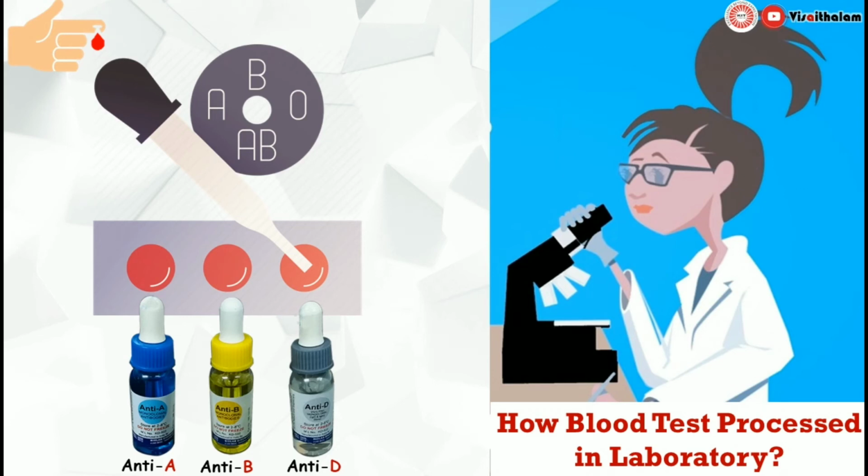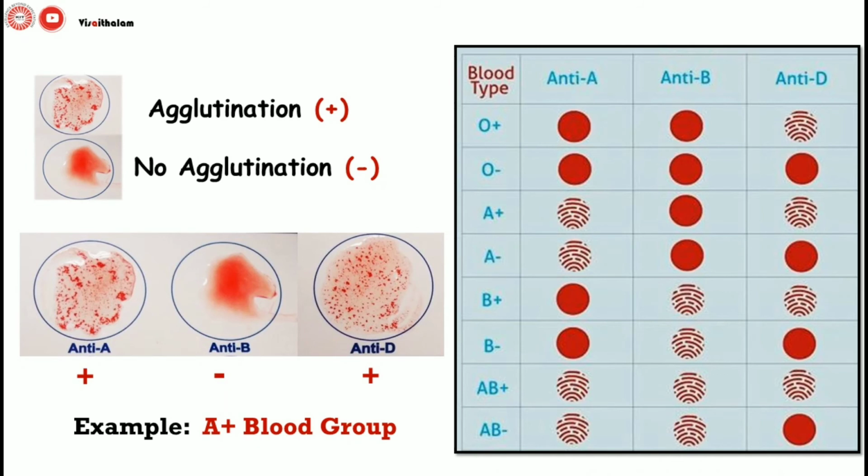Now these antibodies will be mixed with the blood placed in that slot and it will be rubbed for some time. Mixing ends with 2 possible results: the antigen will mix with the antibodies and result in the formation of what is called agglutination. If agglutination is formed, then that particular antigen is available in the blood.